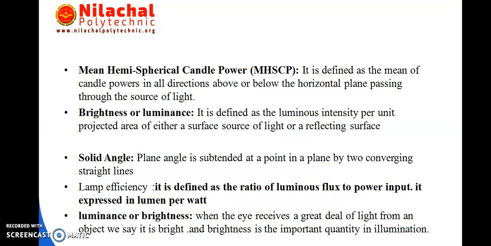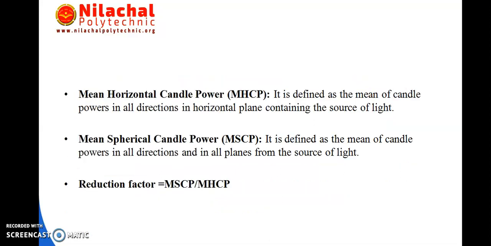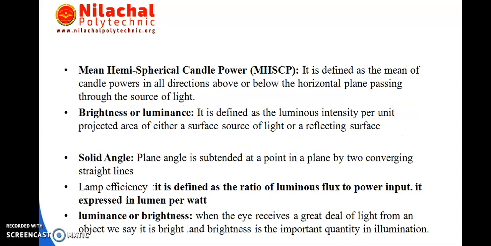So here we discuss this topic, that is MHSCP and brightness, luminance, and your MHCP, the mean of the candle power in all directions in the horizontal plane containing the source of light. And MSCP, we discussed, is the mean of the candle power in all directions and in all planes from the source of light. Here another is MHSCP. It is defined as a mean of a candle power